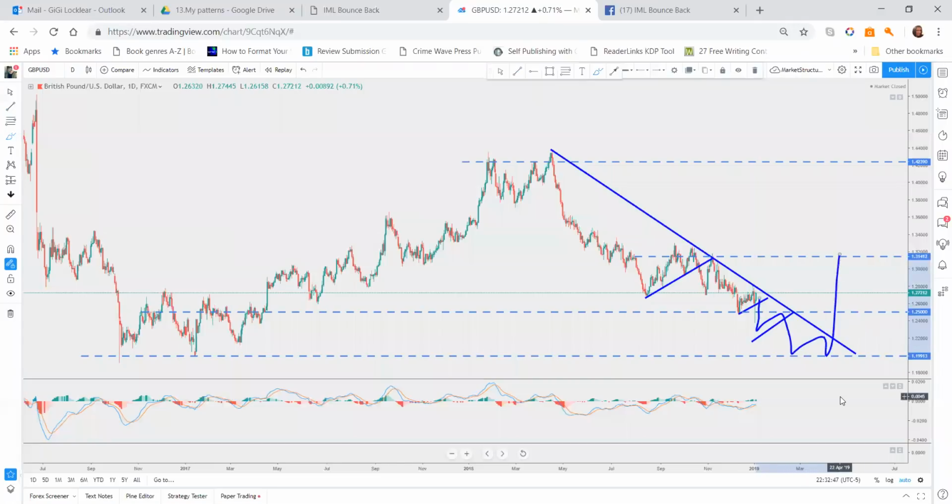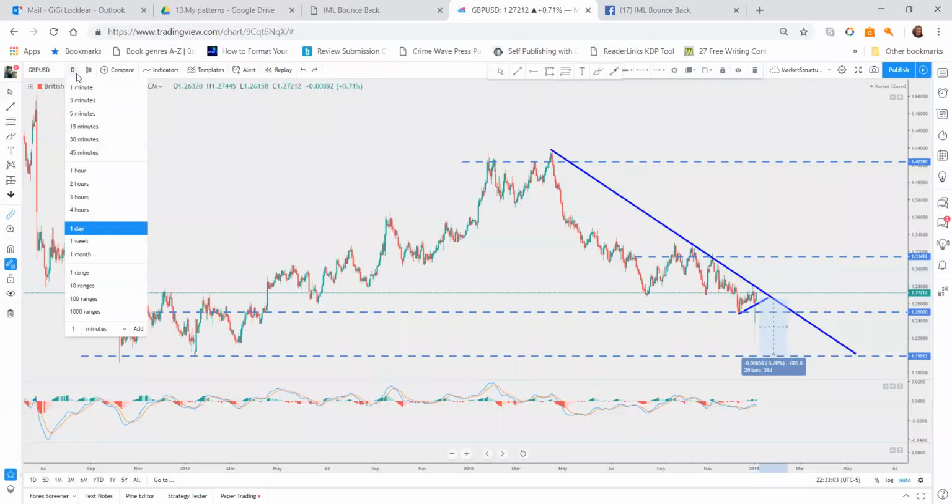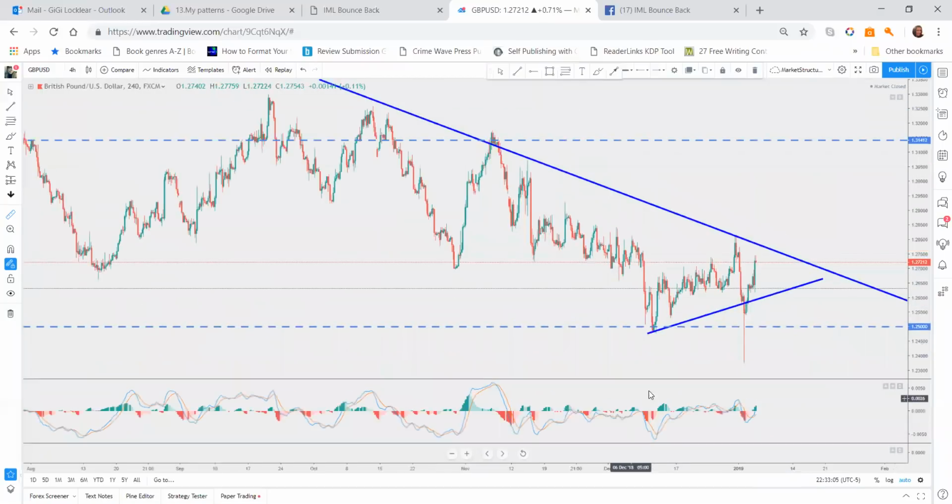And that's a lot of movement because this is on the daily. So if it does that, you're looking at 600 more pips to the downside. Now, if you're going to trade it on a smaller time frame, you go down to the 4-hour,